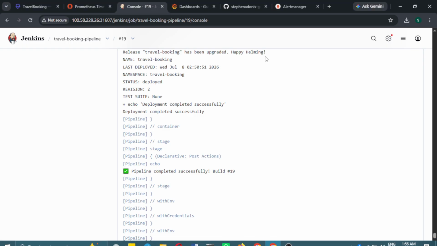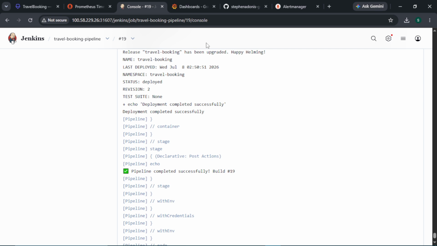Now let's test the application. So I'll register a new user, log in, search for available flights, book a ticket, and complete a payment. Finally, I'll open my trips page to verify that the booking was successfully created. Then to confirm that everything is working